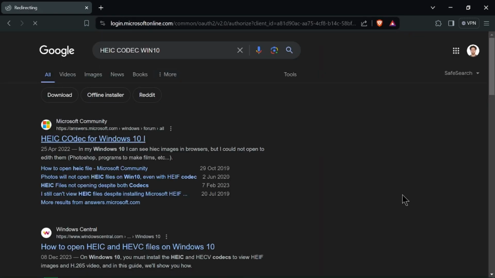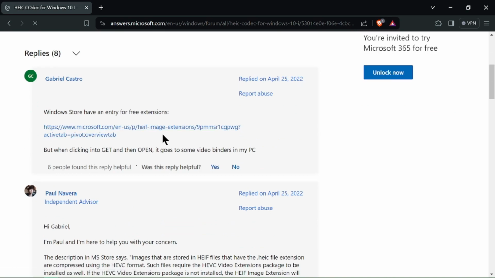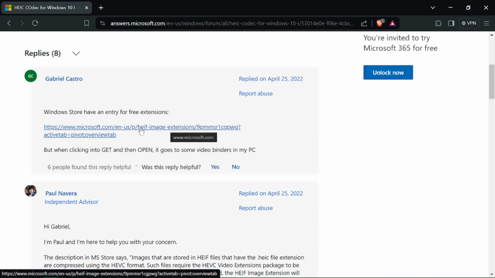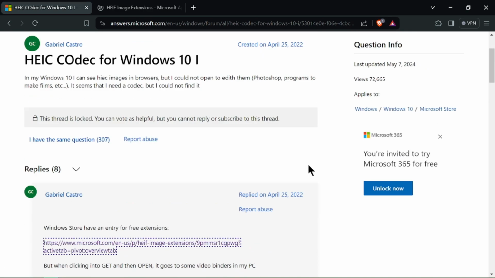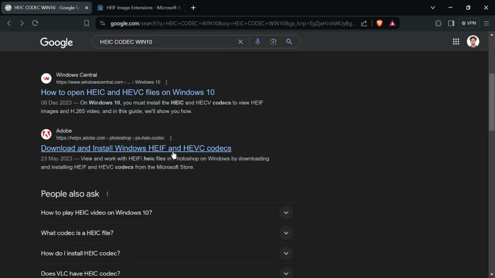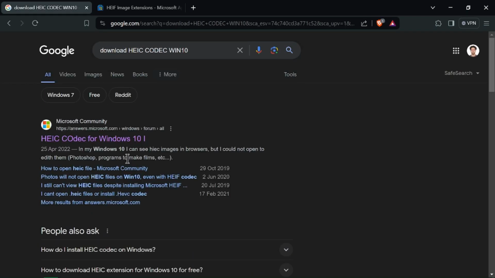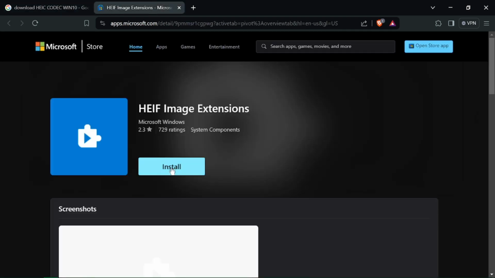Download and install a reputable codec pack that supports HEIC file format. Follow the on-screen instructions to install the HEIC codec on your Windows 10 PC. Once installed, restart your computer if necessary. After installation, you should be able to view HEIC image files directly in the Windows Photo app or any other image viewer you prefer. If you prefer to convert them into a more widely supported format like JPEG, you can